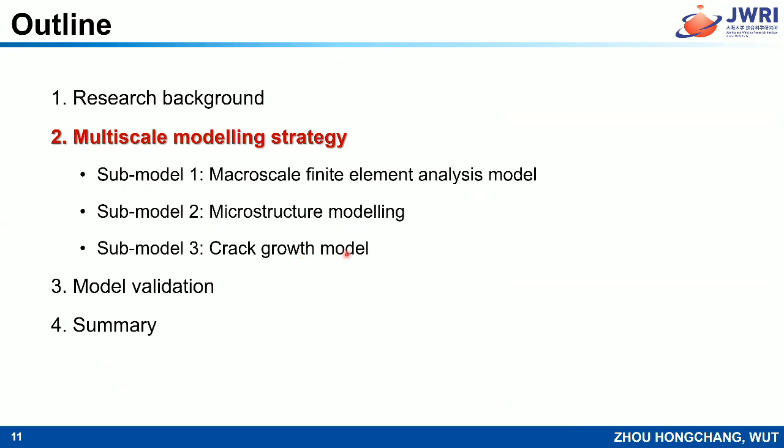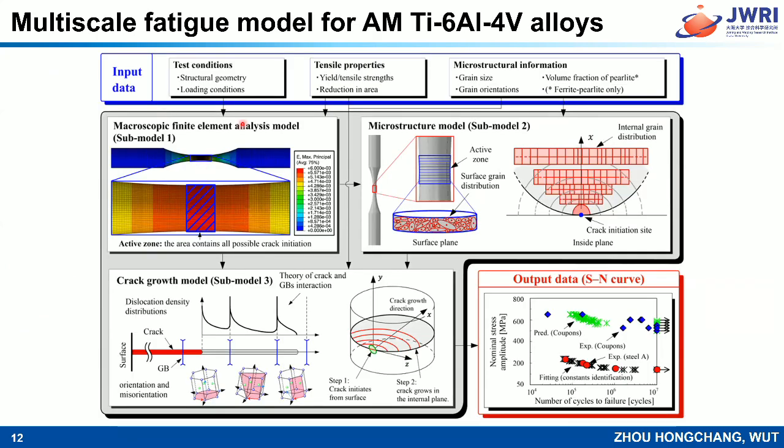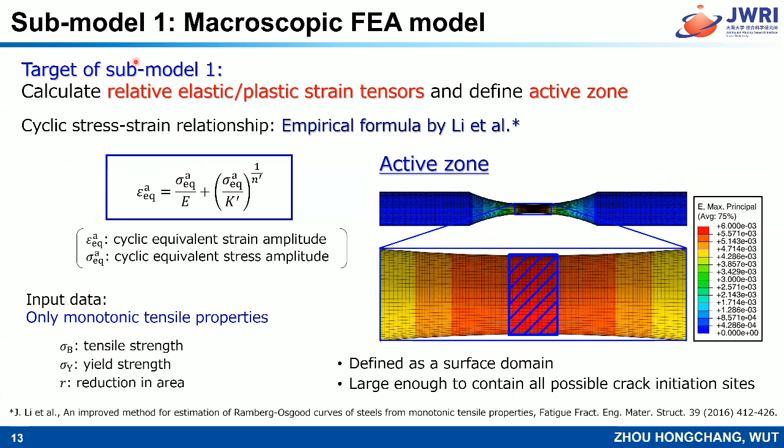And then I will introduce the detail of our multi-scale modeling strategy. The first submodel, this is our outline of our multi-scale model. The first one is the macroscopic finite element analysis model. So the goal of submodel 1 is to calculate the relative elastic and plastic strain tensor and to define the